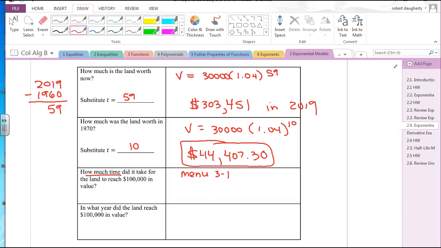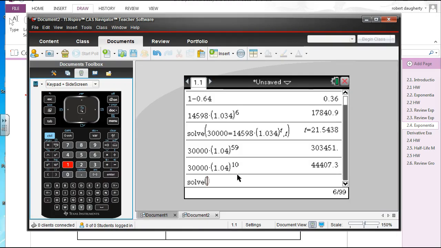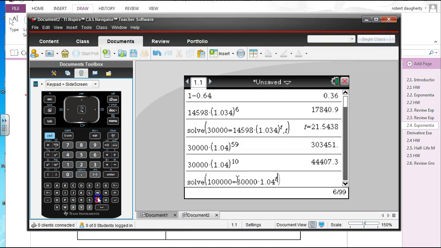The 100,000 is my what value? My future value, V. So I need to look at the equation. When does 100,000 equal 30,000 times 1.04 to the T? I'm solving that equation for T. So all you have to do in your calculator is just write that in. And then I need to solve that equation for what variable? T. So you write comma T. If you happen to pick X, you would write comma X there. You're telling the solve command which of these things is my variable. You hit return and you get